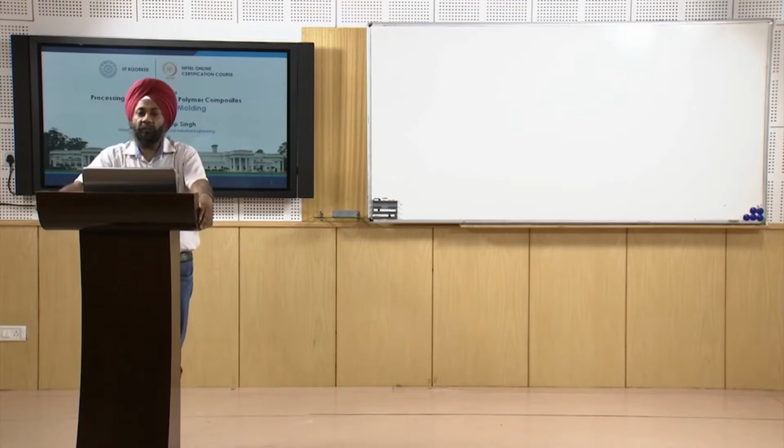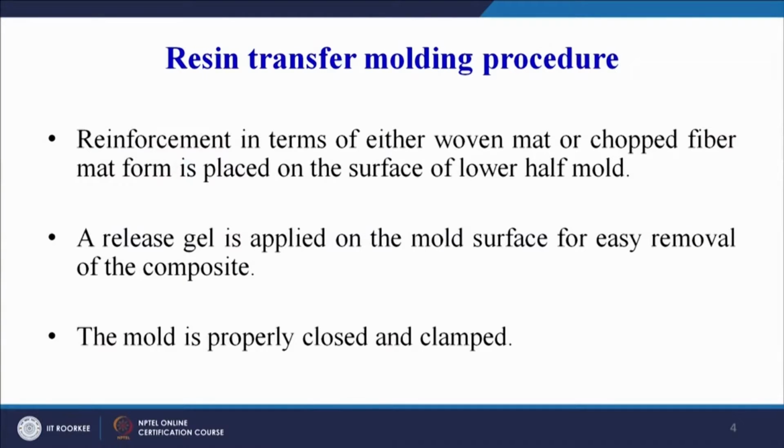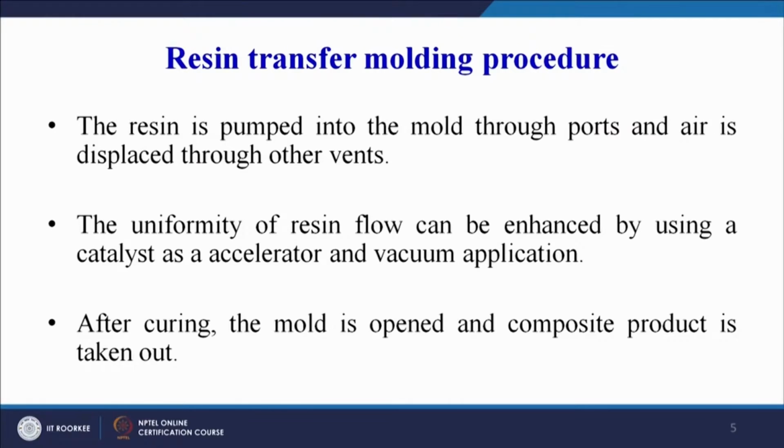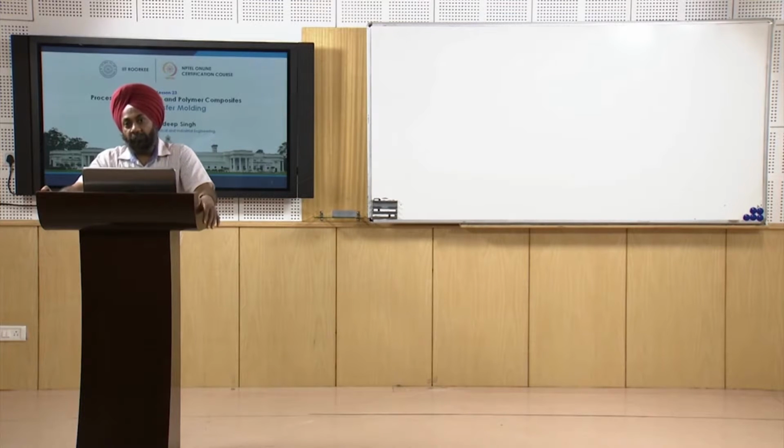So release gel is applied on the mold surface for easy removal of the composite film or the composite product. The mold is properly closed and clamped. The resin is pumped into the mold through ports and air is displaced through the other vents. Now there is bound to be some air present inside the mold cavity because the mold will not be completely